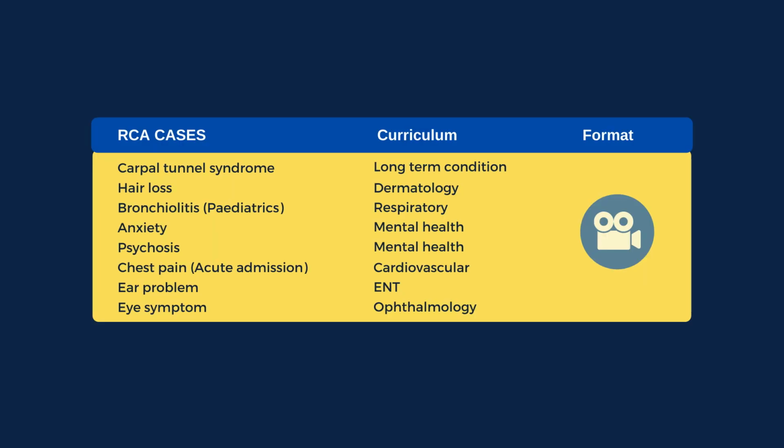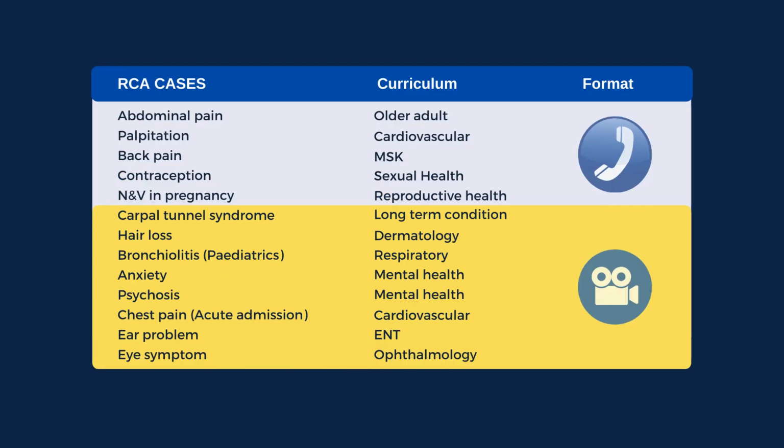My 8 face-to-face consultation recordings consisted of carpal tunnel syndrome, this was my long-term condition, hair loss, bronchiolitis, anxiety, psychosis, chest pain, this was my acute admission, ear problem, and eye symptom. As you can see, the combination fulfilled the case selection criteria by keeping a spread of cases with varying levels